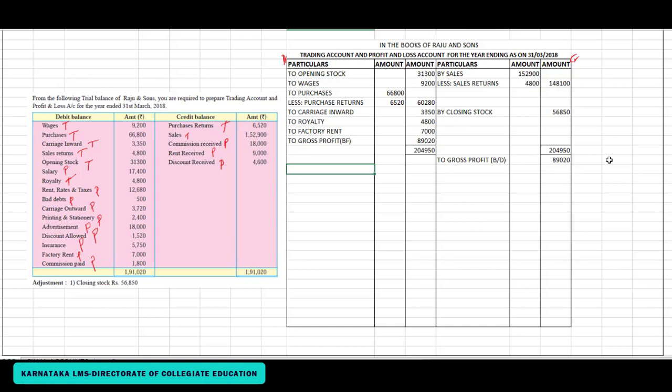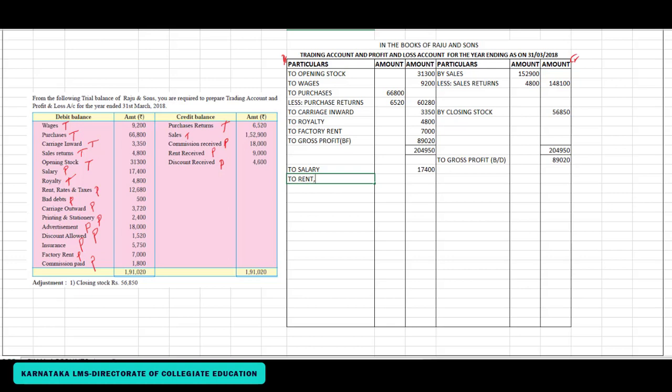As you could see over the screen, we have already identified that the first thing that belongs to the profit and loss account is salary. Salary is amounted to rupees 17,400. And the next thing after salary is rent, rates and taxes,